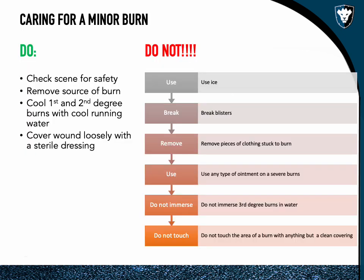This is caring for a minor burn. Do check the scene for safety, remove the source of the burn, cool first and second degree burns with cool running water, and cover the wound loosely with a sterile dressing. You should never use ice, break blisters, remove pieces of clothing stuck to burns, use any type of ointment on